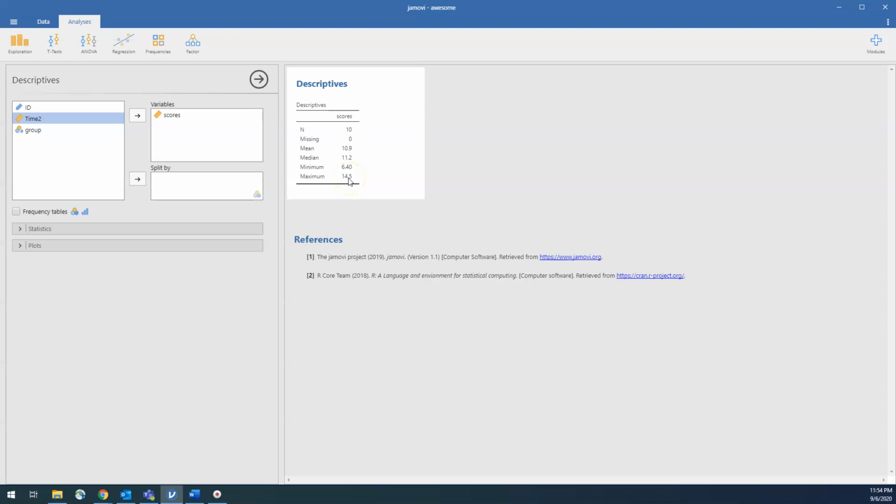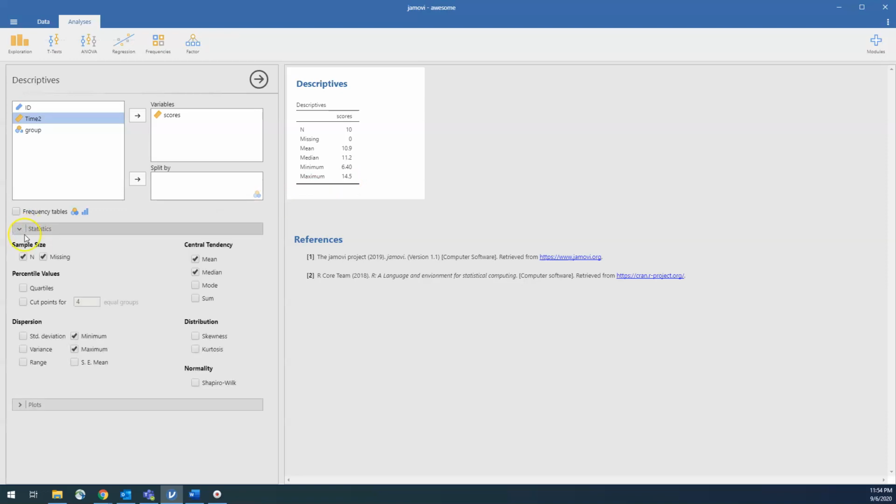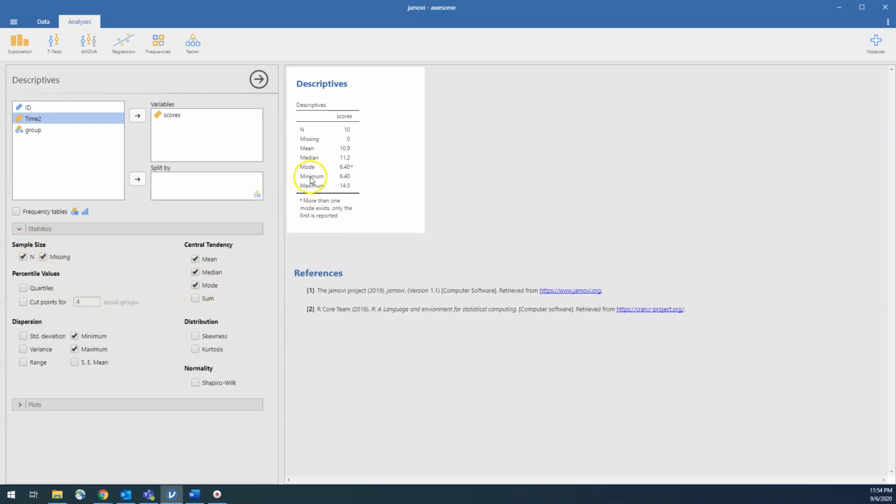Now let's say that wasn't everything we wanted to know. We also wanted some additional information. The way we would get that is by clicking on this drop down here for statistics, and we could specify additional information that we want. Say we wanted the mode. What's the most common value? Here you'd see that it gives you the mode of 6.4, but it also has a little A next to it,